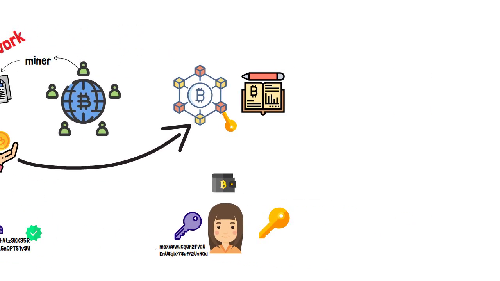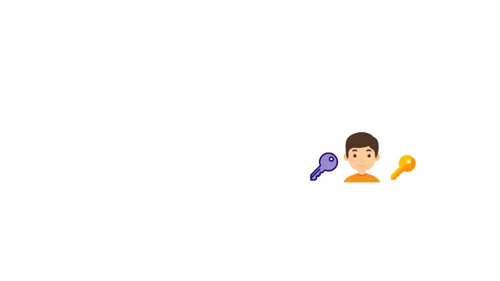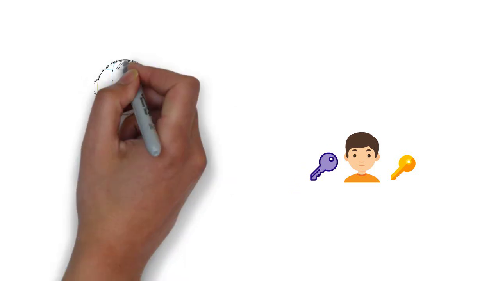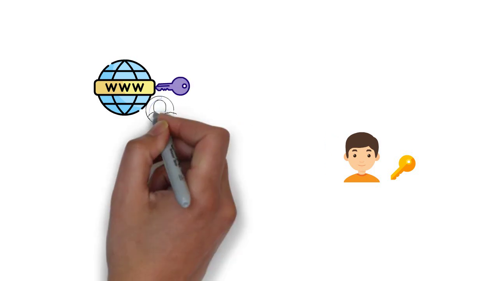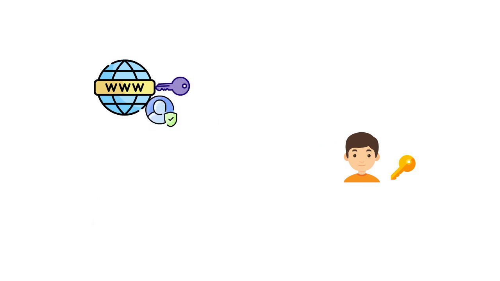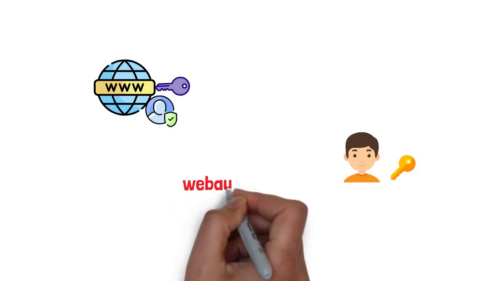There are many things you can do with public key cryptography besides exchanging messages or money. You can use public key cryptography to log into websites instead of having to remember passwords or entrusting them to Google or other platforms that could be hacked anytime. This concept is called web botnet.